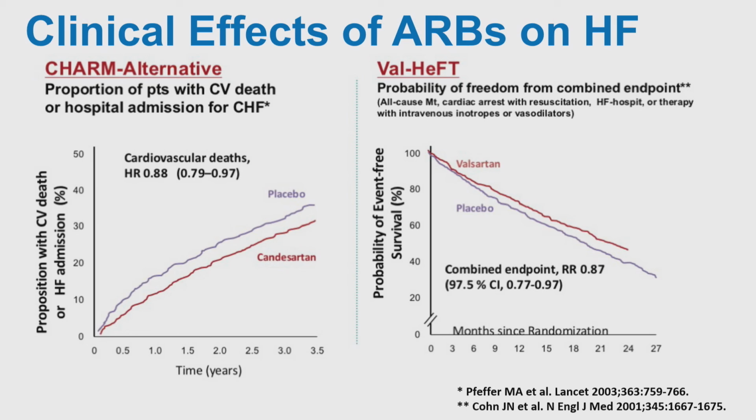So you can see that in the CHARM alternative study, there was about a 12% risk reduction. Not quite as good as the ACE inhibitors. Remember that those 5 studies together gave us a 20% risk reduction. If you look at VALHEFT, which was a study of patients after myocardial infarction, there was about a 13% risk